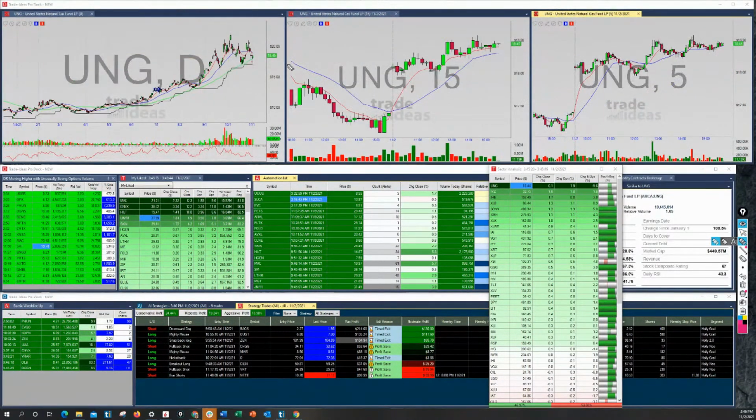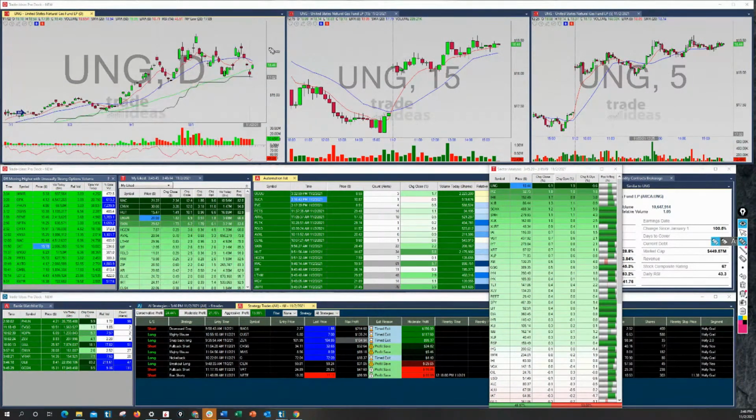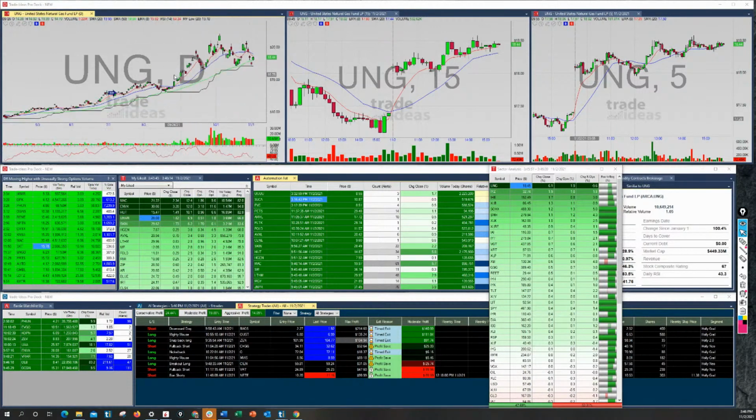How could you predict any of this movement? It's impossible. Some people probably saw this move in nat gas the other day. We're up here, we look like we're ready to break, and people probably thought, "Yeah, we're getting ready to take that out," and then down, down, down. Who's going to predict that that's the move today from this? No way to predict it. We read the charts, we read the tea leaves the best that we can, and make our risk management moves from there with our capital.